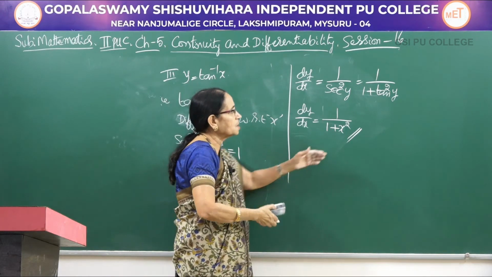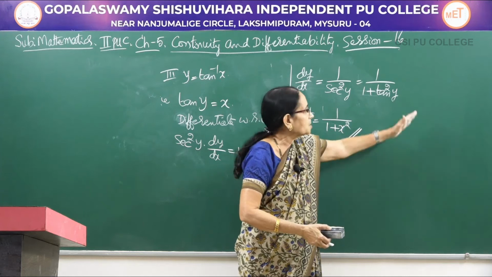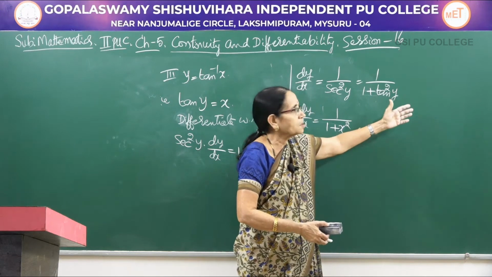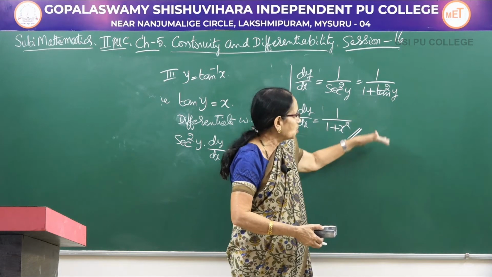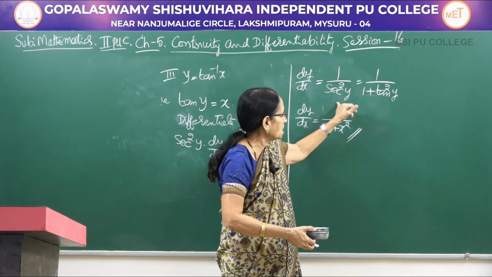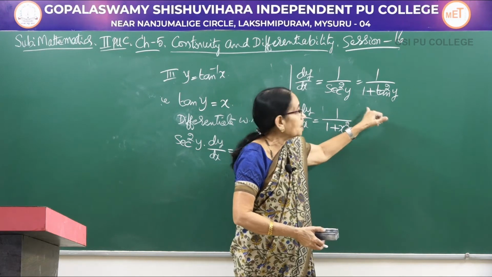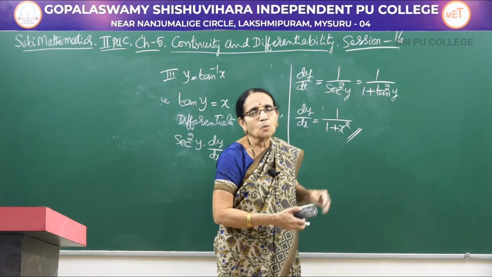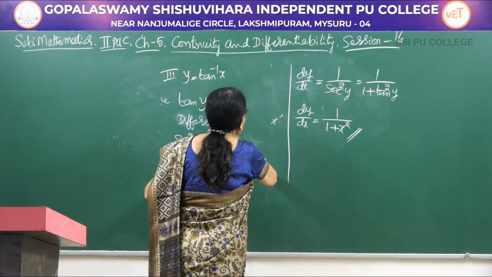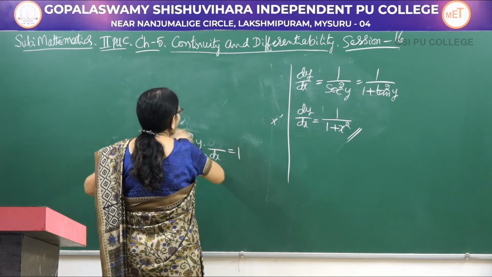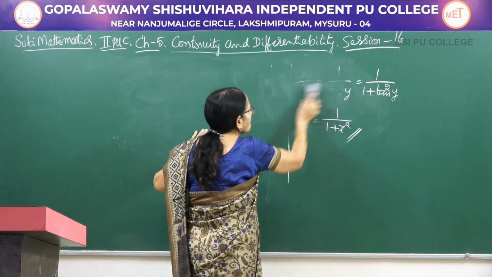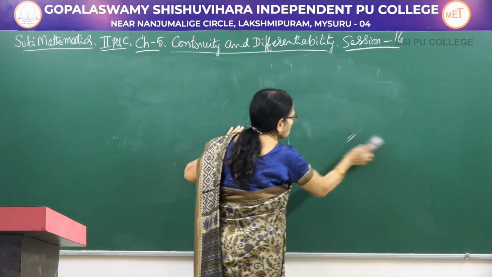Of course, you can write the reason here. Since in the earlier two cases sin square theta plus cos square theta equal to 1, I have told them you can write that in the working column. Here also you can give the reason, since sec square theta is equal to 1 plus tan square theta. Now let me move on to the remaining inverse trigonometric functions.